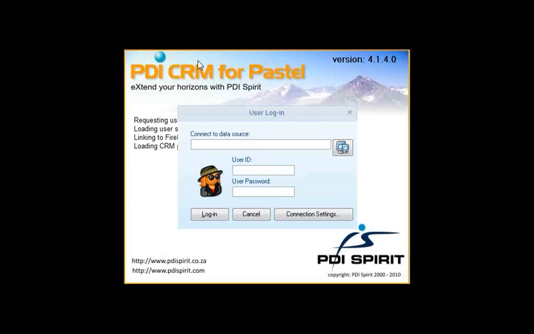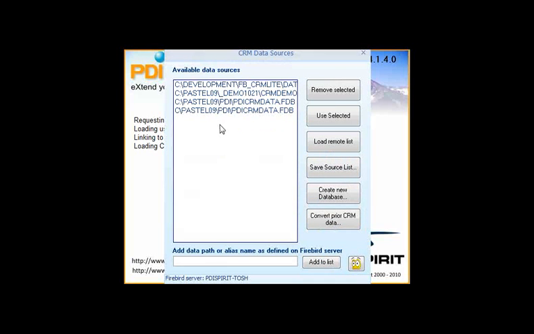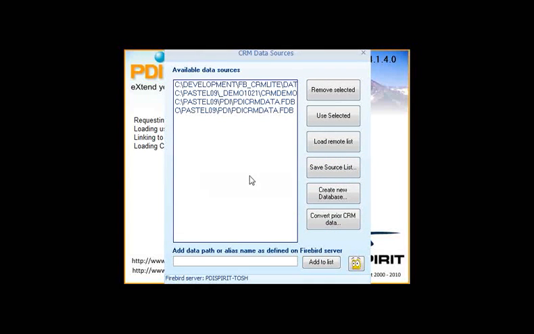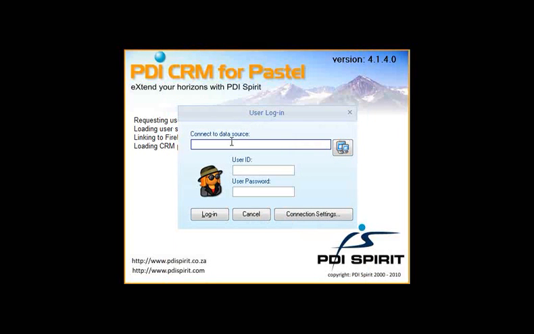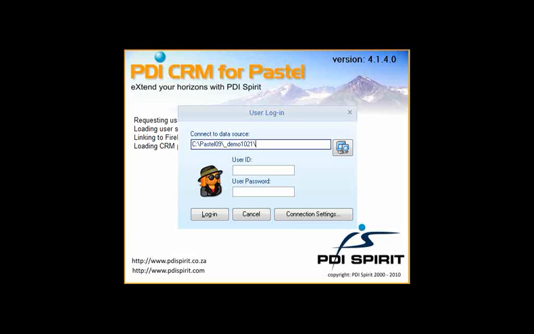I've now started my CRM application. As this is the first time I've used CRM, I need to specify the data source that I wish to connect to. I can maintain a list of data sources as well as just typing in my data source in the connect to. I then need to specify a user ID and user password to connect through to this